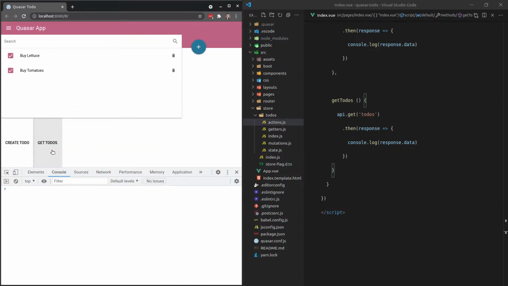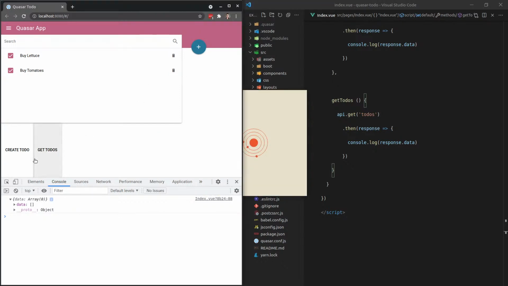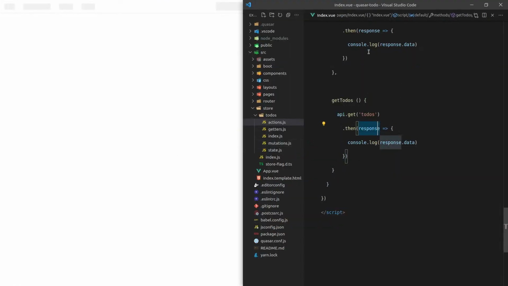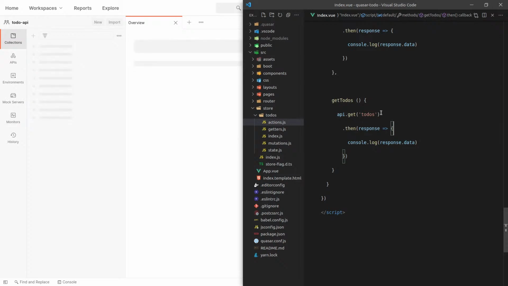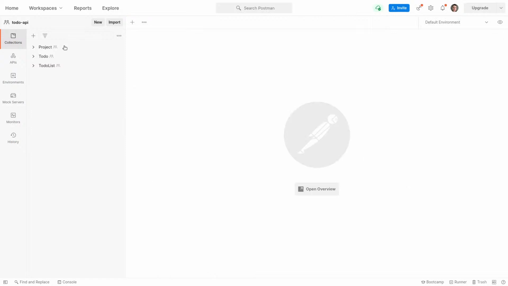Let's figure out why this get to-dos button is not getting our to-dos. That might be a back-end issue, so I might actually have to try and solve that at a little later time. Let's open up Postman and then try testing that with Postman. And I'll quickly come in here and check that looks right. Yeah, it does. We're hitting the to-dos endpoint. So if I come in here,